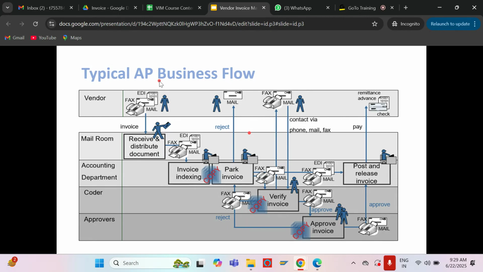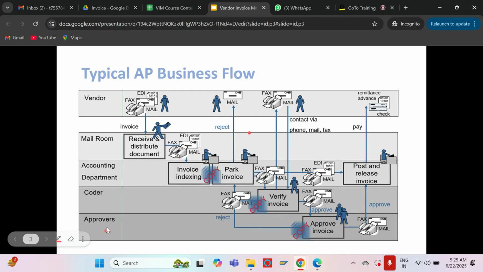Okay. So we have AP and AR. AP, accounts payable, is basically for the vendors. For vendor-related information and postings, we go via accounts payable. And we also have accounts receivable, which is basically for the customer invoices. That is not provided out of the box for VIM. So VIM only supports accounts payable invoices. Whatever process you have in accounts payable, VIM has in its product. Okay. So if you see on the screen the typical AP business flow,